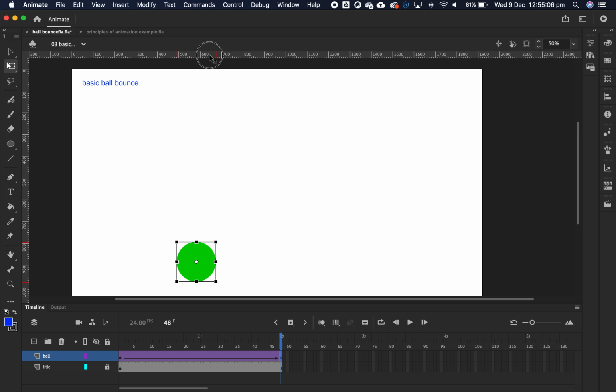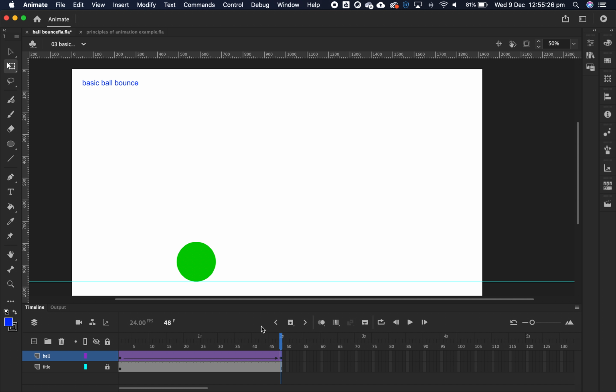If I click on the ruler at the top and then drag down, I can bring a guide in. So this is going to help me out later on by finding out where the ball is actually bouncing. So let's press return, and we'll see our ball is actually bouncing. Pretty cool. What happens if you want to have the ball so it bounces up and then comes back down